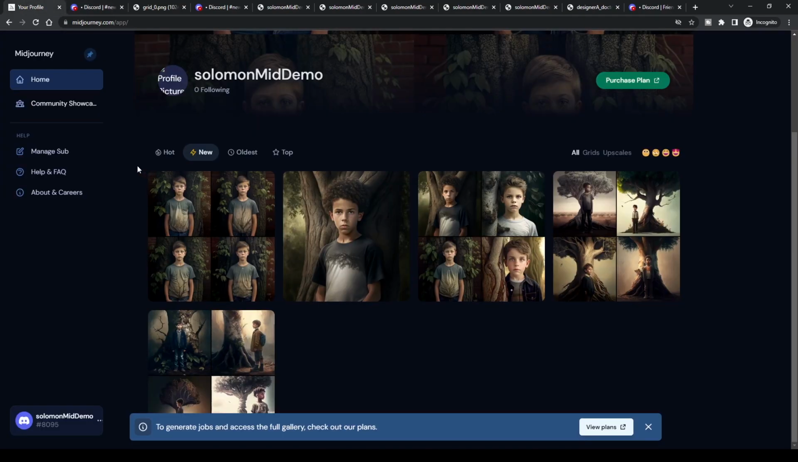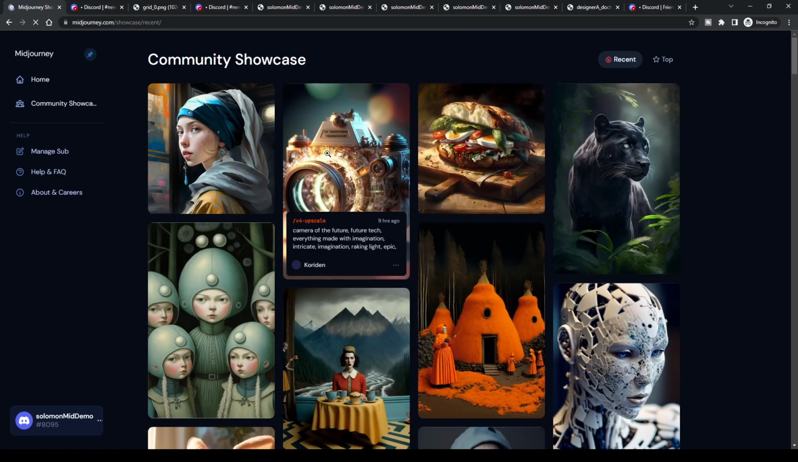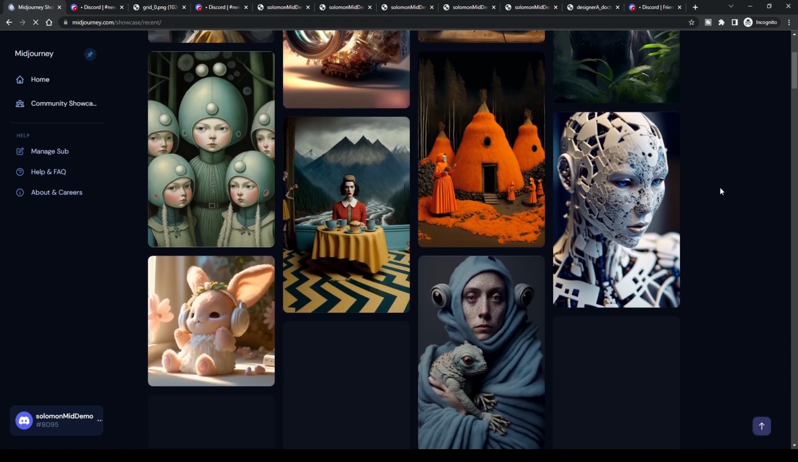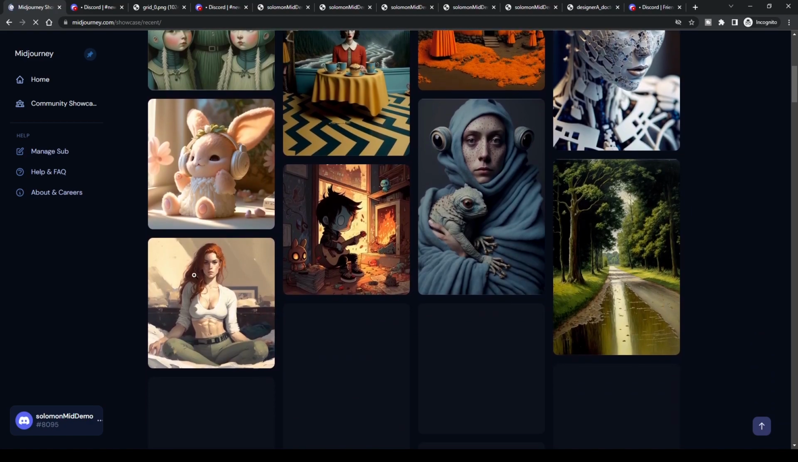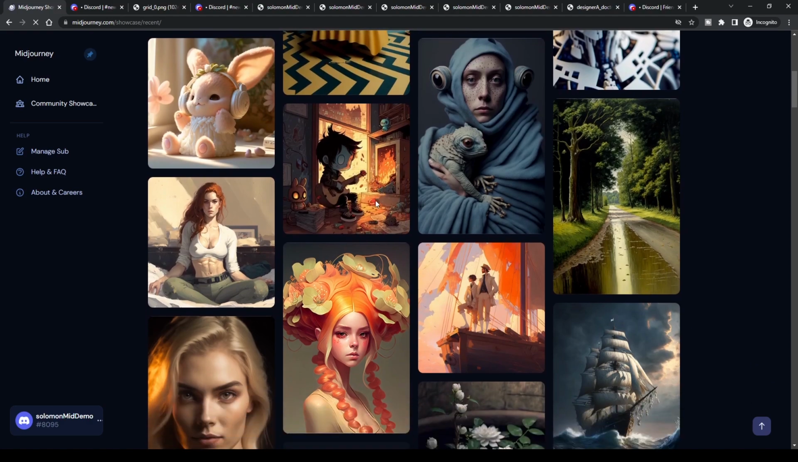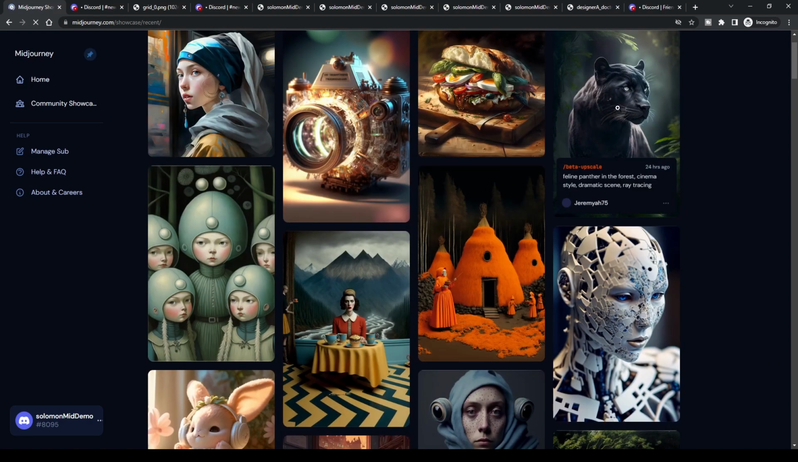You can also, within MidJourney, go to the community and see what people are doing. And this is where it's really incredible. Look at these images. This is what people are doing. And because everything is public, you can say, oh, I like this style, I like this image, so let me create a variation. So let's take a look at this. I like this. Let me see if it will give me a variation of this. So if I click on this,